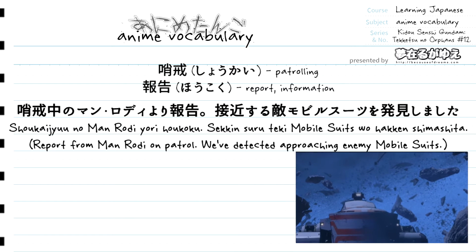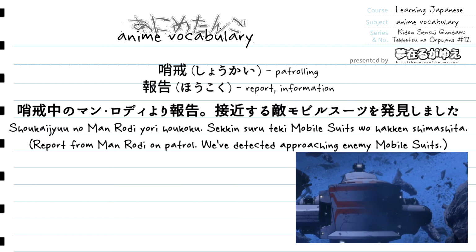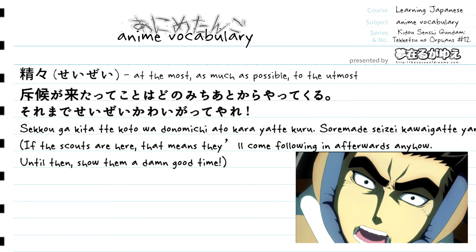紹介中のマンドディより報告。接近する敵モビルスーツを発見しました。 For our next and third vocabulary word, we have the adverb seizei, and this is going to translate to,